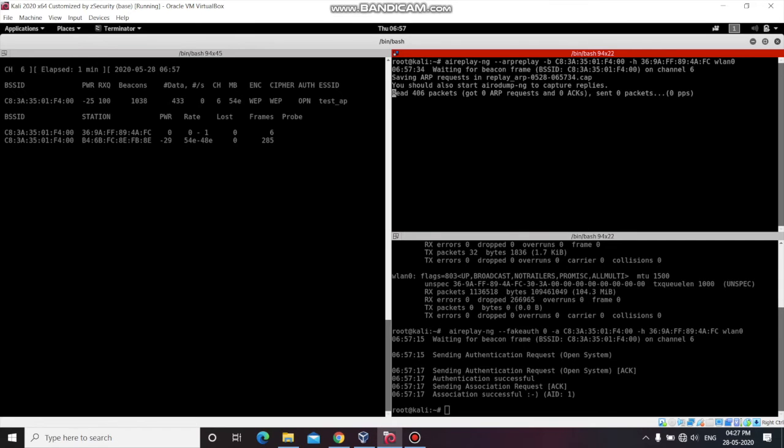So now let's wait until it captures the ARP packet, and once it captures it, it will resend it, and then the data you can see on the left side will increase at a faster rate.